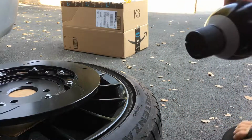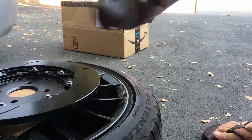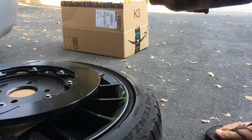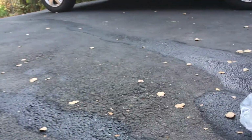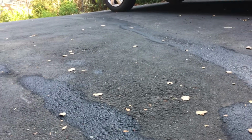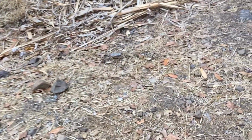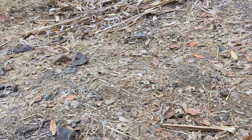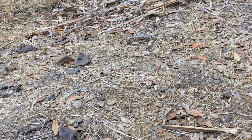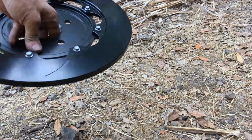Oh, sorry about that. I forgot where I left the brake cleaner. I couldn't find it. Alright. So I need to find a spot where I could hang this out. Actually, you know what, I'm going to do it right here in the dirt. Be nice to have something to